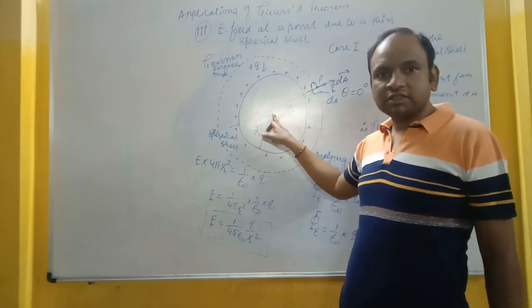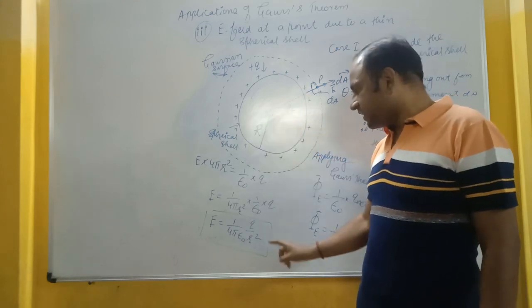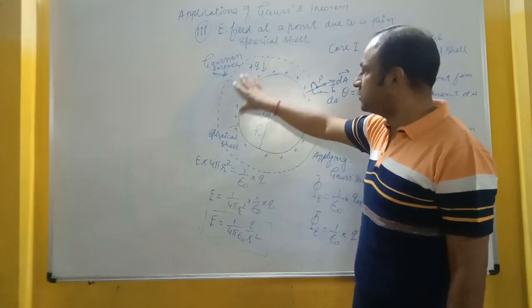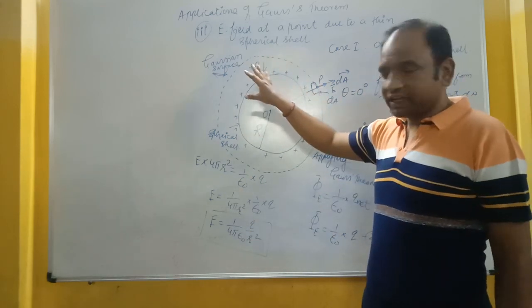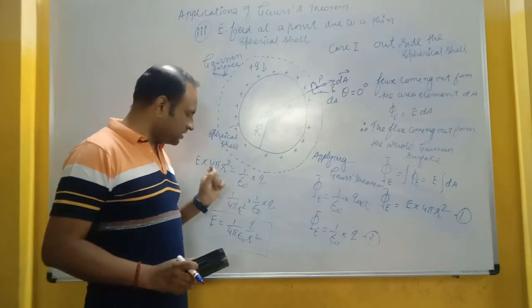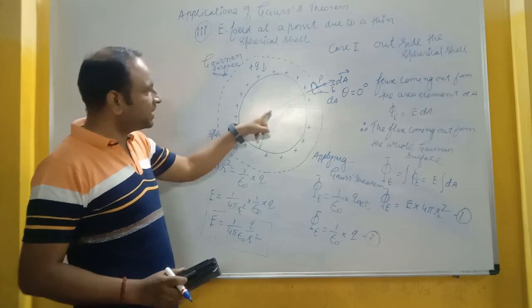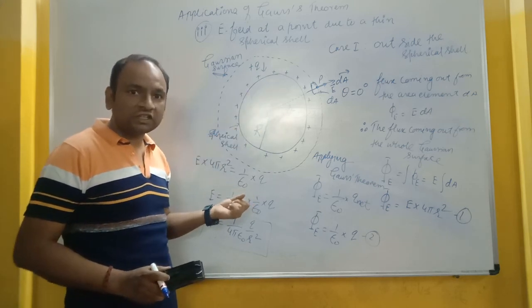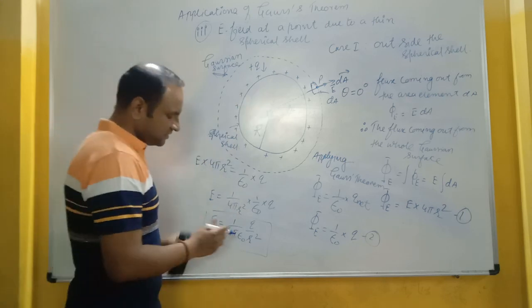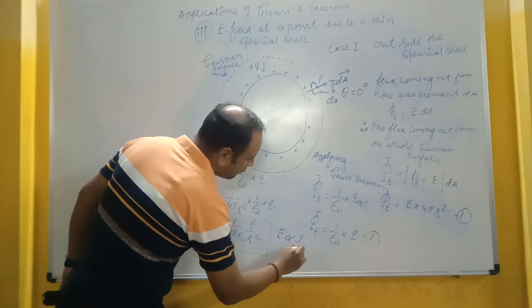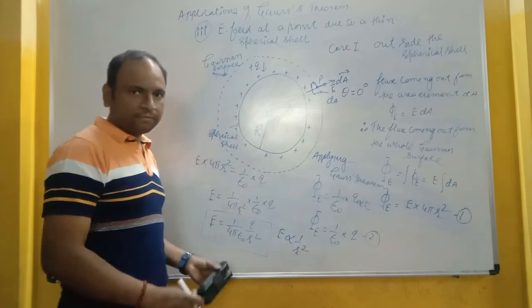So here it is not a point charge distribution, but the charge is distributed on the spherical shell. Okay, but the expression is such that the whole charge is placed at the center of the spherical shell. So in the first case, your electric field is varying like 1 by r square. E is proportional to 1 by r square because Q